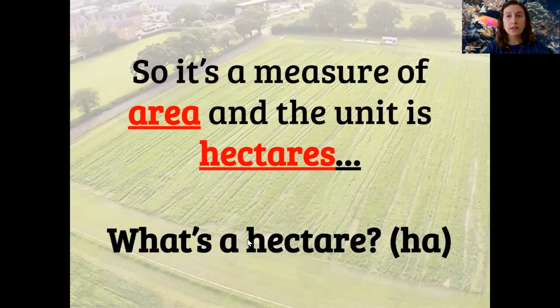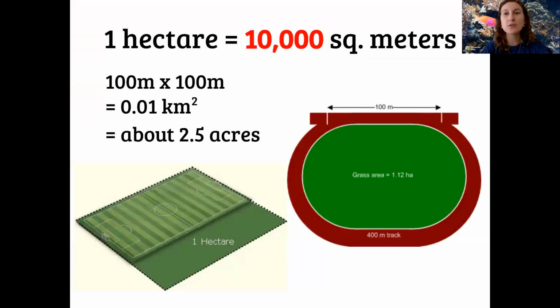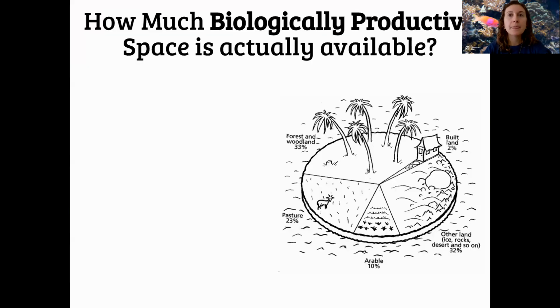So ecological footprint is a measure of area in hectares, but I don't know about you guys, if I went to a trivia game, I would not know what a hectare is. A hectare is essentially 10,000 square meters. For those of you who play football or soccer, it's just a little bit bigger than a football field. If you run track and cross country, usually the grassy area inside the track is about 1.1 hectares. So that gives you a visualization of how much it actually is. I feel like my face is blocking the screen.